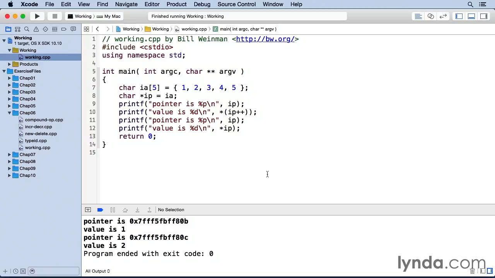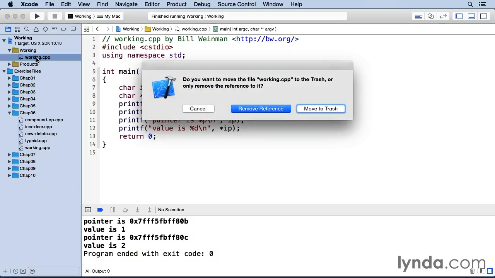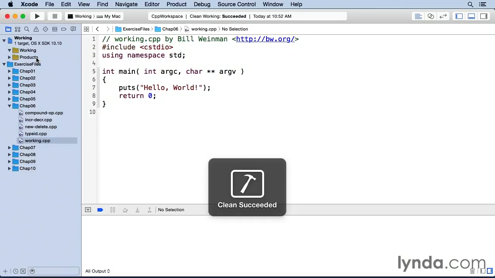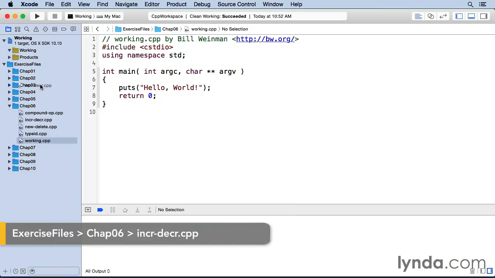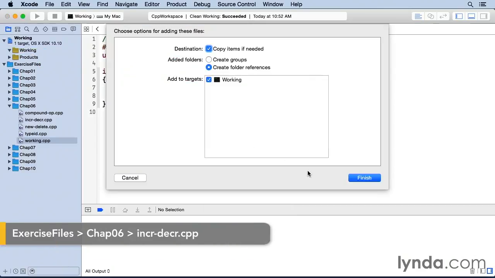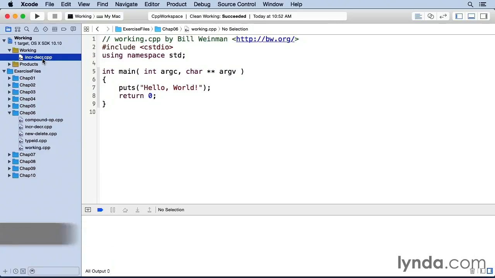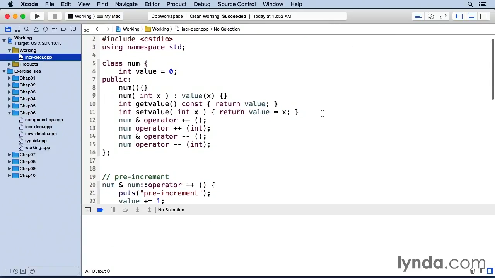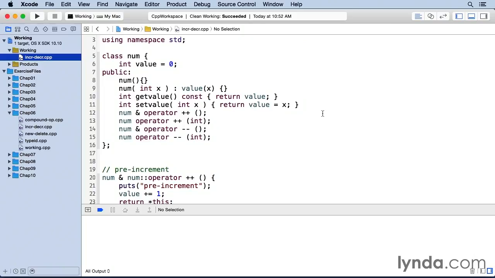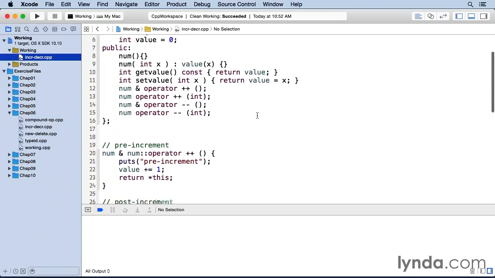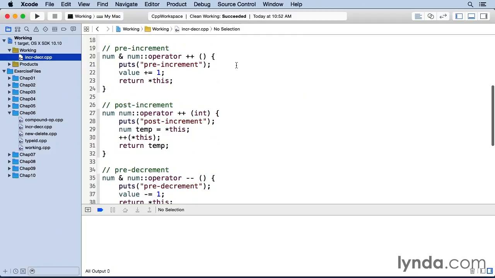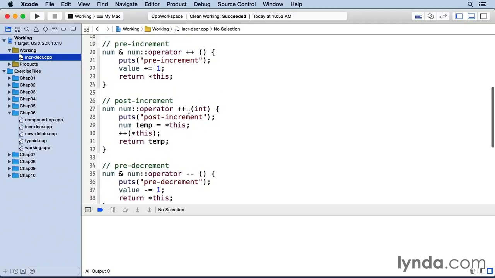Let's take a look at how it's implemented because this is going to show you why one is more efficient than the other. I'm going to go ahead and delete this working copy and I'll run clean. And I'm going to take this increment decrement.cpp and make a working copy of that. And here we have again a simple number class, and here I've implemented the increment and decrement operators. So we have pre-increment, which is the plus plus before the operand, and post-increment, which is the plus plus after